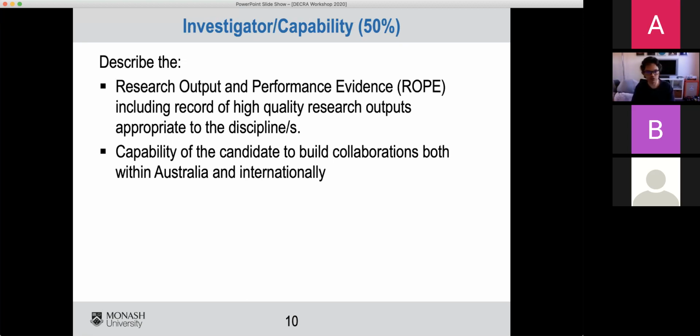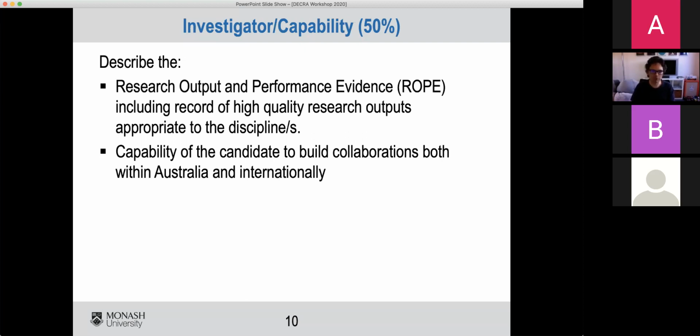Depending on what your research is, it could be patents, it could be government reports. There are a range of research outputs that might be most appropriate for the disciplines. If we move out of STEM into HASS, things like artworks for fine arts come into play. So this is the assessment of the quality of your outputs as appropriate for the discipline.